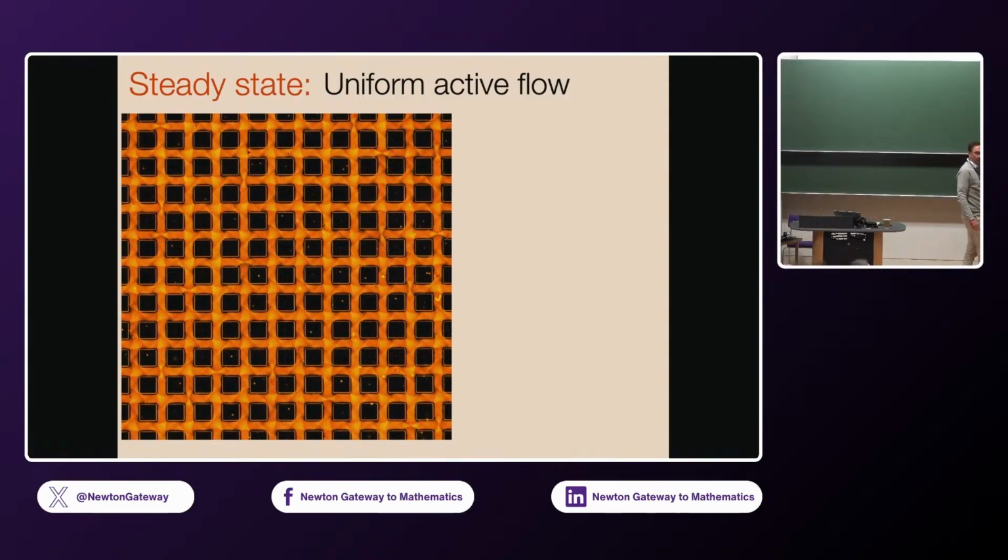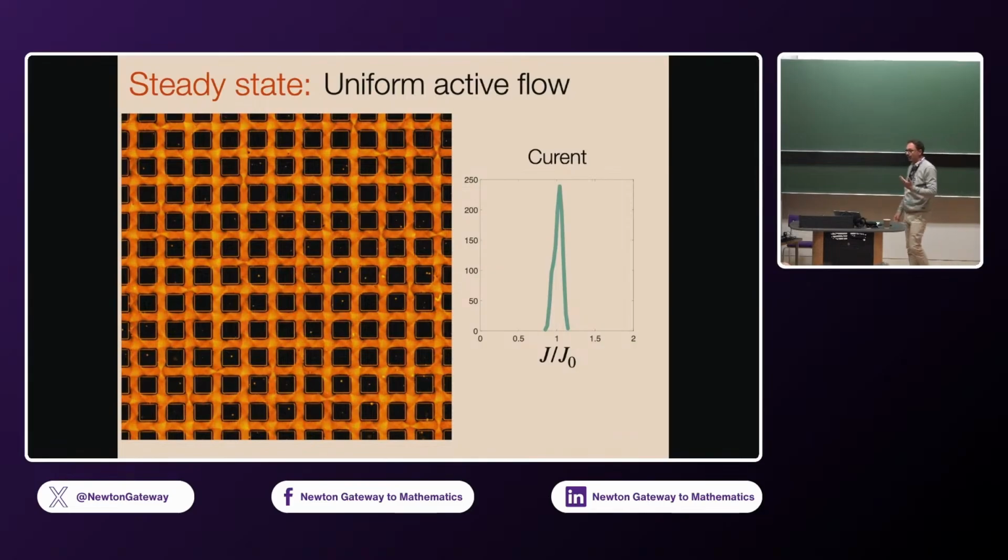So this is not a picture, that's a movie. It's now playing. And the fact that you can barely see anything moving tells you that very quickly the system reaches a very quiet steady state. It's super stable and it looks very homogeneous in space, and it is. When you measure the current distribution, the current is measured within every channel, and you can see that the current distribution is very narrowly peaked on a single value. So what I told you before is true. The local current can take only 2 values. So we measured this quantity everywhere in space,